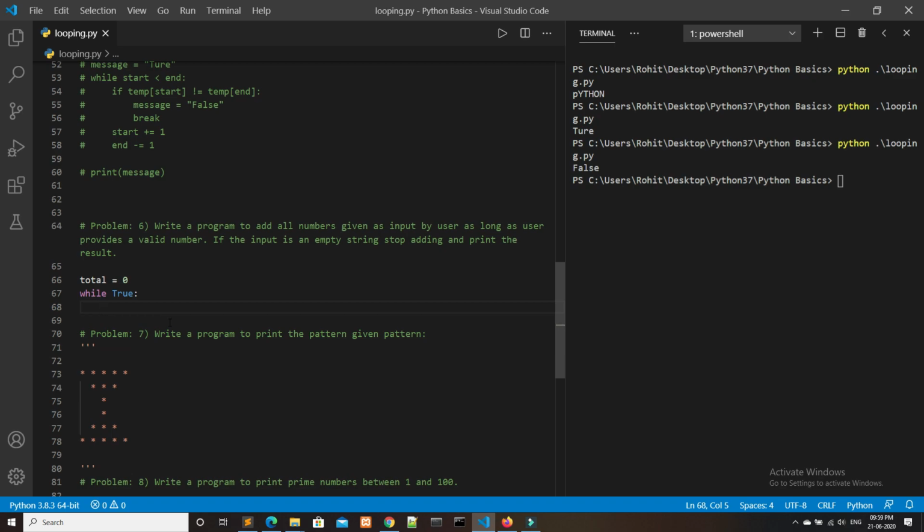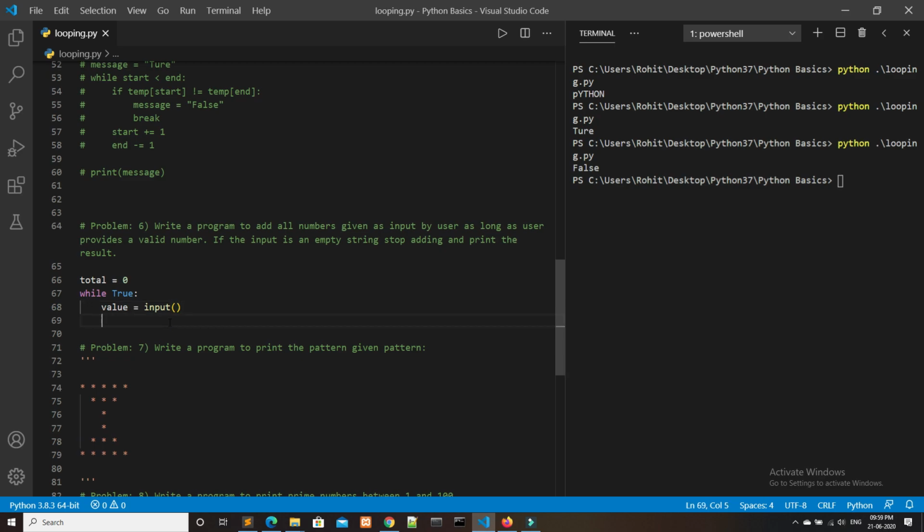As long as the while loop is true, we have to add the input value to total. So we have to first take value as input by the user like this,